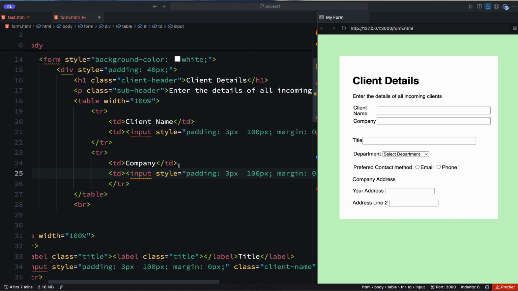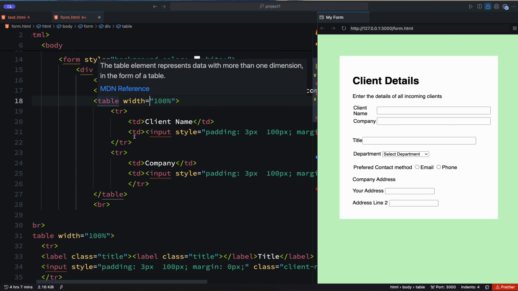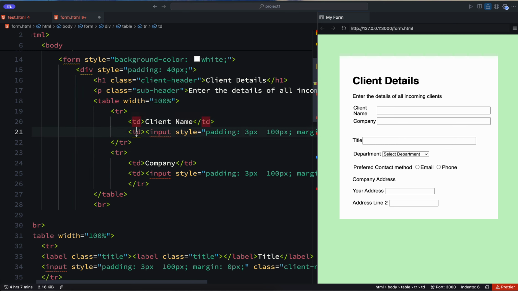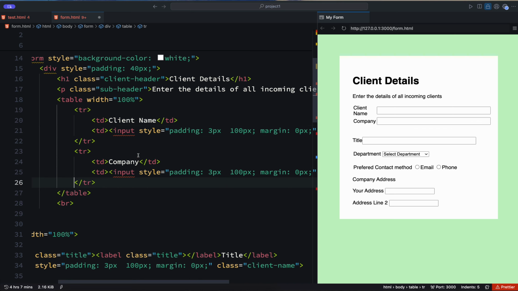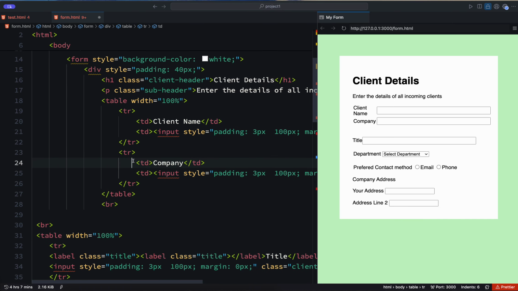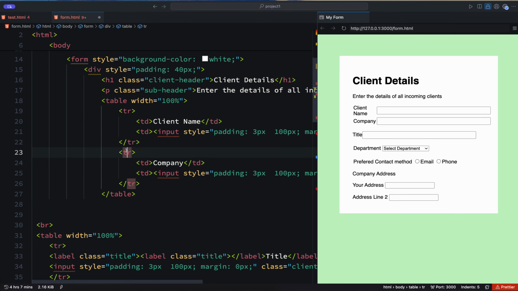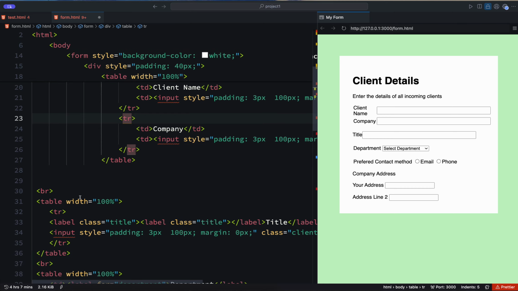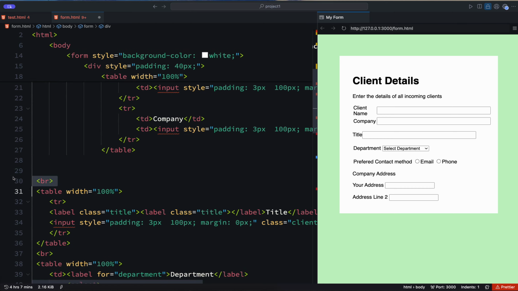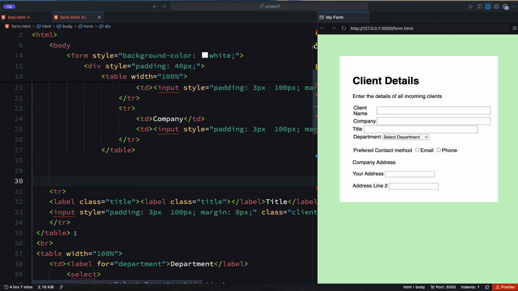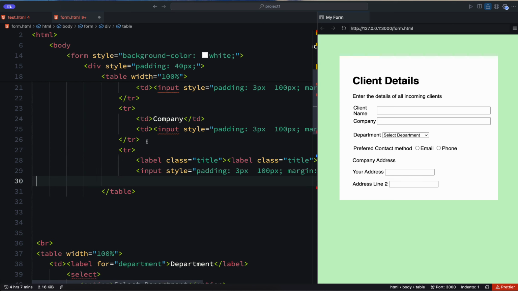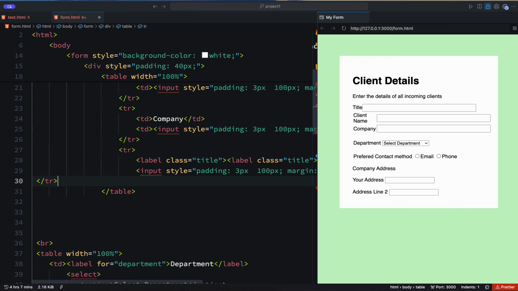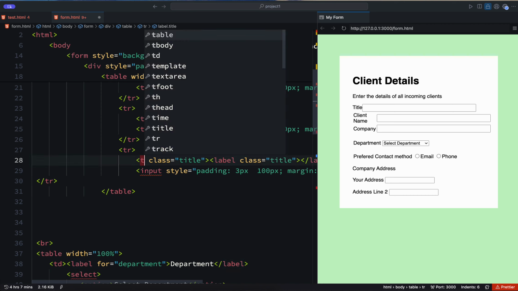So if you look at the table, we have table row, we have TD, close TD, open TD, close TD. This one we have open, open, close, and we have close. So good, we're getting somewhere. Let's move on and quickly do the rest. So the rest are also supposed to have that same implementation. TR, TD,